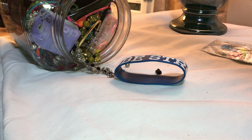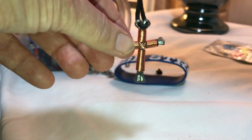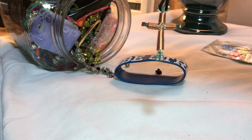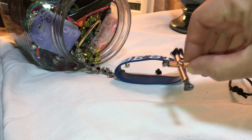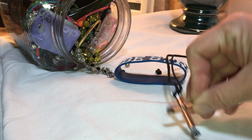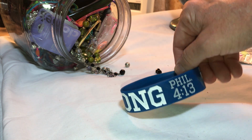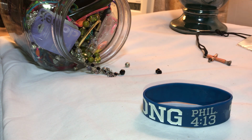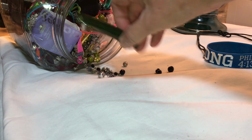And here comes a metal cross with copper wire. Doesn't look like it's ever been worn. Of course, you've got nails or whatever, so that's nice. Be strong. So you can see the religious theme. I can lot some of these religious things up. And I do have a little Disney lot, but I'm trying to